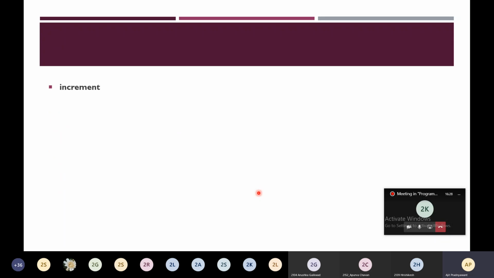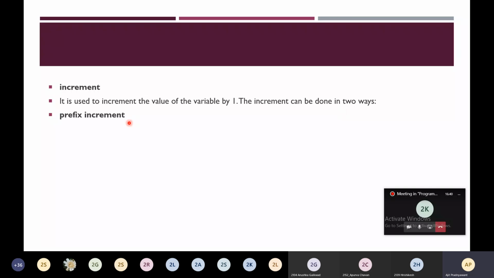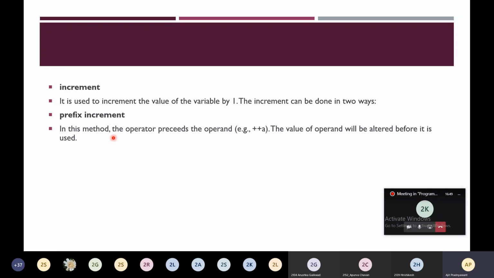Next is the increment operator. It is used to increment the value of a variable by 1. The increment can be done in two ways. First way is the prefix increment. In this method, the operator precedes the operand.